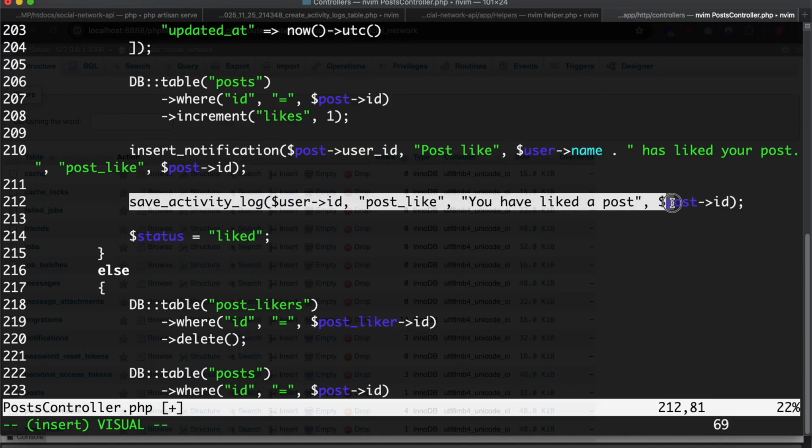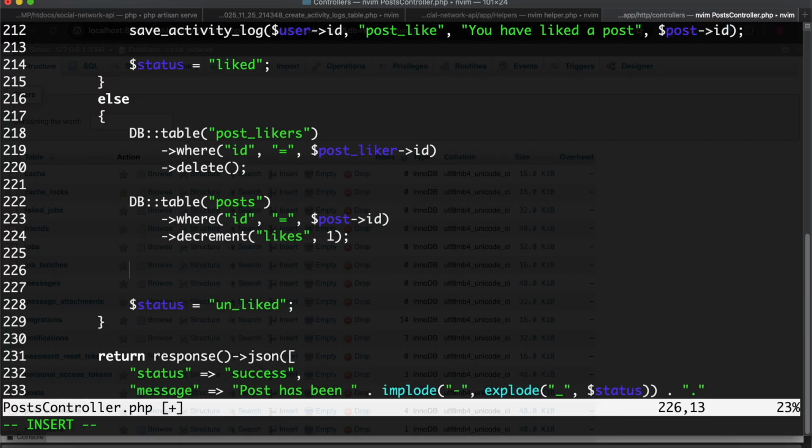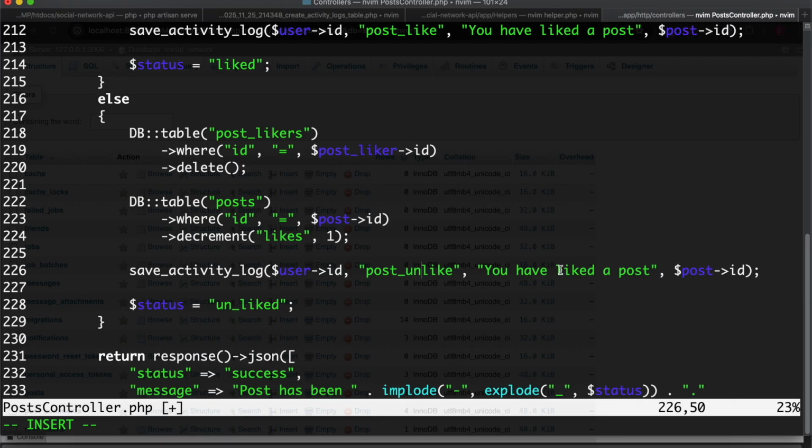Same goes whenever you dislike a post. So we are just going to copy this and paste it here, and we are going to change it to post unlike and say that you have unliked a post. Now we just need to save it,